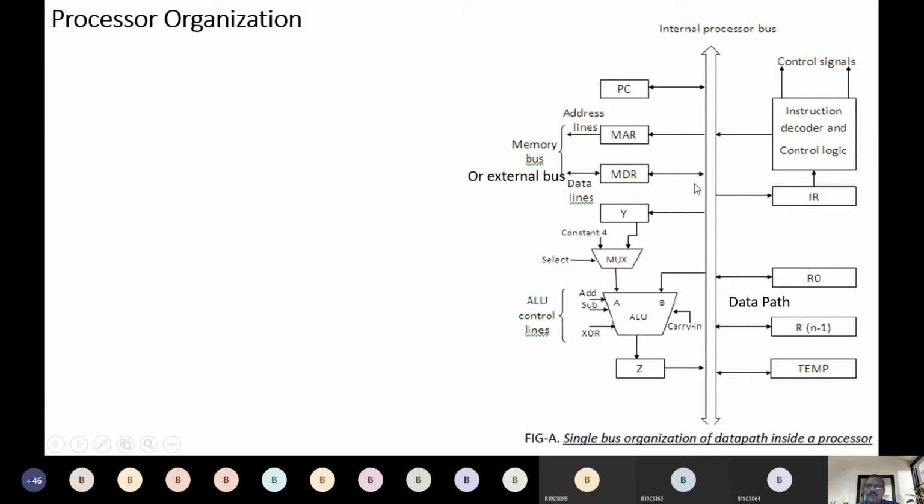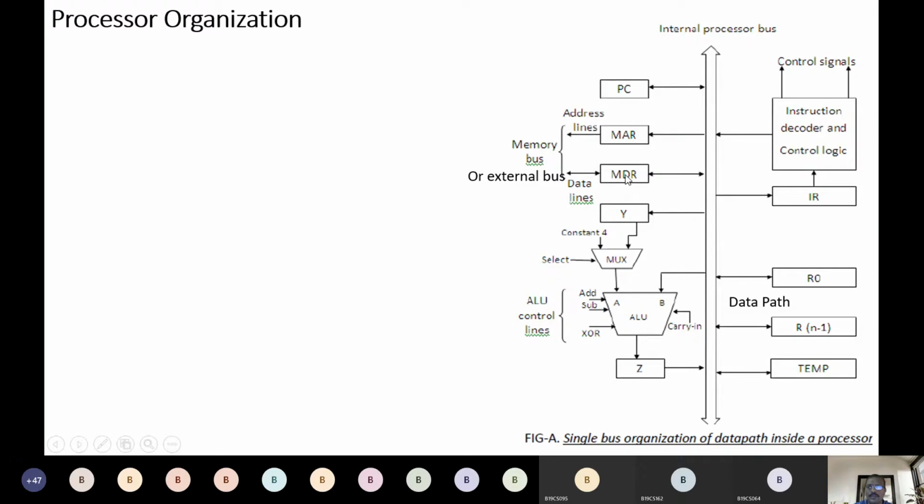So when a processor wants to read some data from the main memory, the processor will send some address. The address is stored in MAR. Later, that address is sent to the main memory, and at that address the data is fetched and stored in MDR, and it is taken and processed by the ALU. Okay, this is the scenario. So you can see there is only one way the data can flow from the internal processor bus to MAR, and similarly from MAR to the main memory through these address lines.